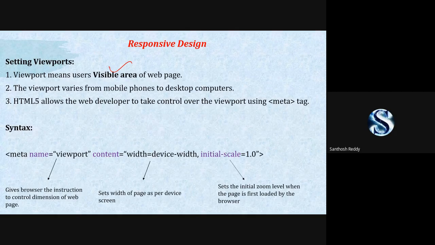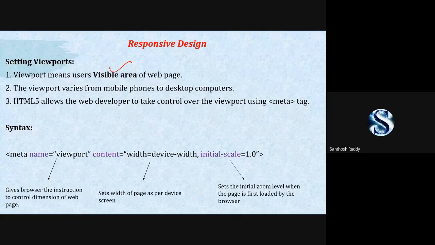If you go for the Samsung foldable, it is a 7 inch phone, whereas the OnePlus 6 has around a 5 inch screen. When you open the same page on either the OnePlus or the Samsung phone, it has to be visible very clearly, and all the components in that particular page have to fit.